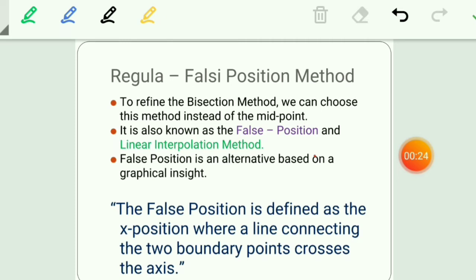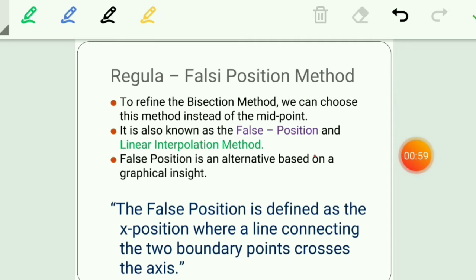Okay. So in the last class we have seen the bisection method and its characteristics. We have seen there are some drawbacks of the bisection method. What are those? It converges slowly towards the root. That means the process is slow, and it also needs lots of calculation. The more the calculation, the more the chances of getting error in the answer. So keeping all this in mind, the next method is called the regular false position method.